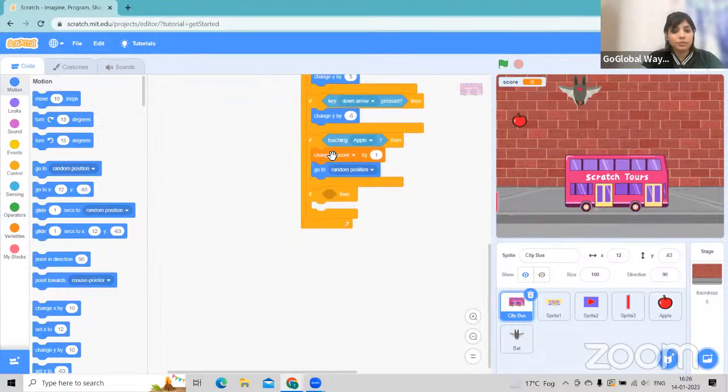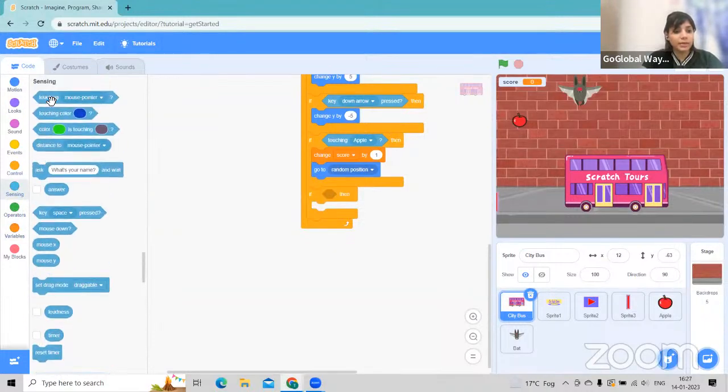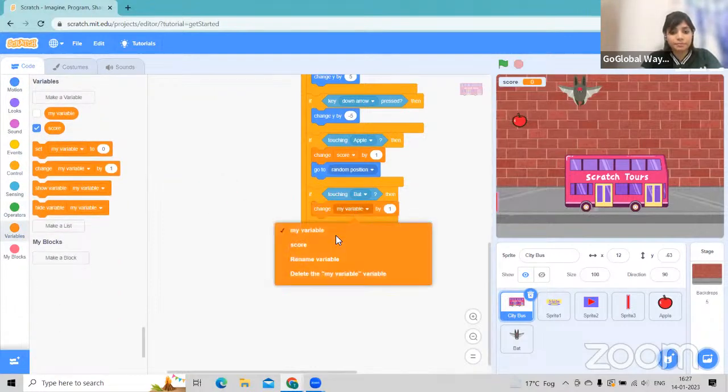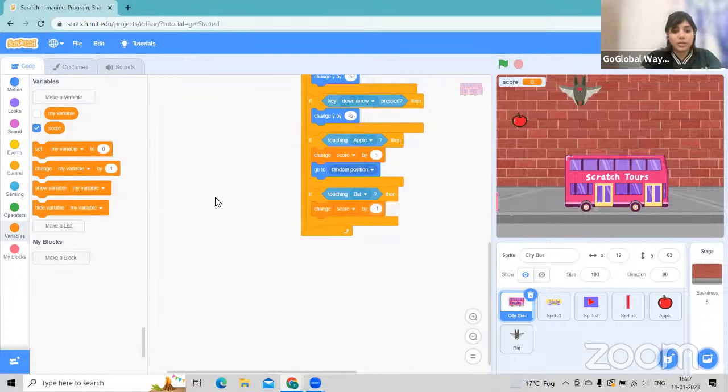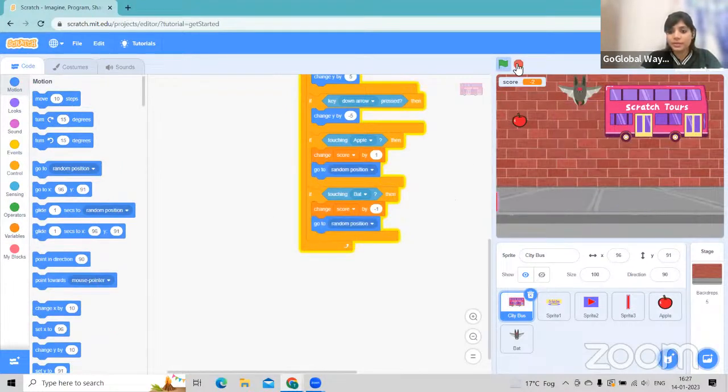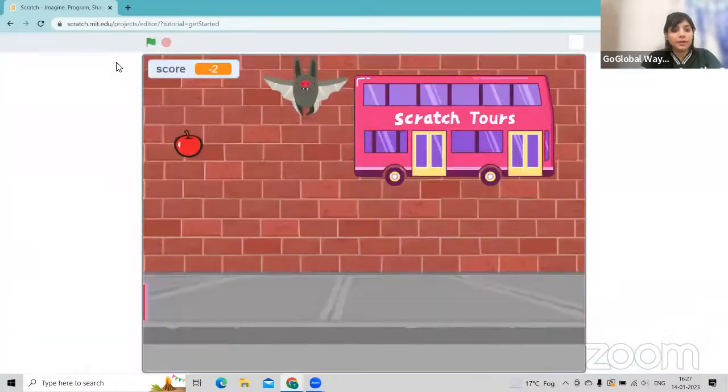The same thing I will do for the other sprite. I'll go to sensing, I'm taking touching, and this time I will take if touching bat sprite, then what will happen? Like change score, I'm taking change score. It should be -1. And it will go to random position. Okay, that's it. Now, if I start the game,